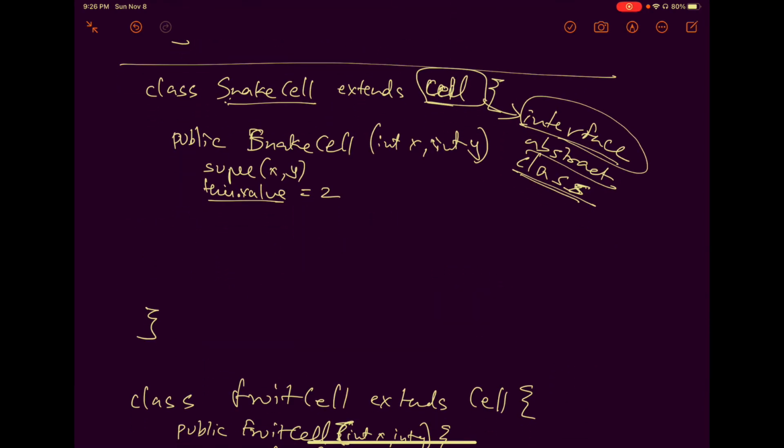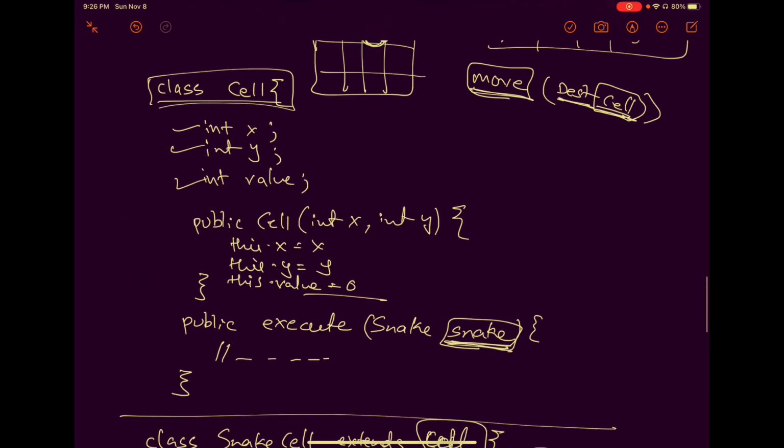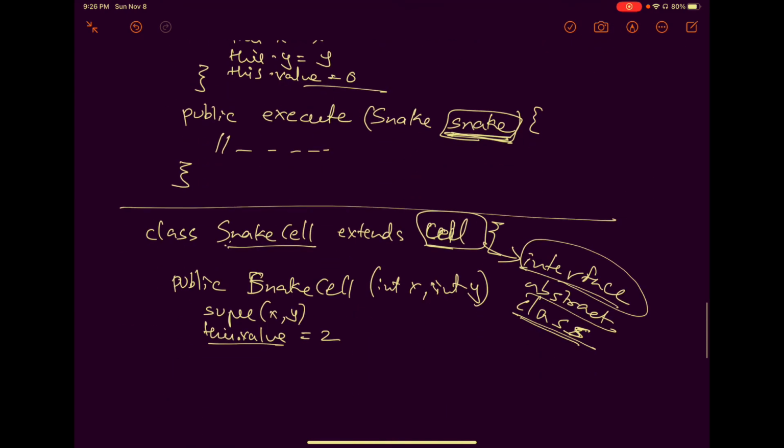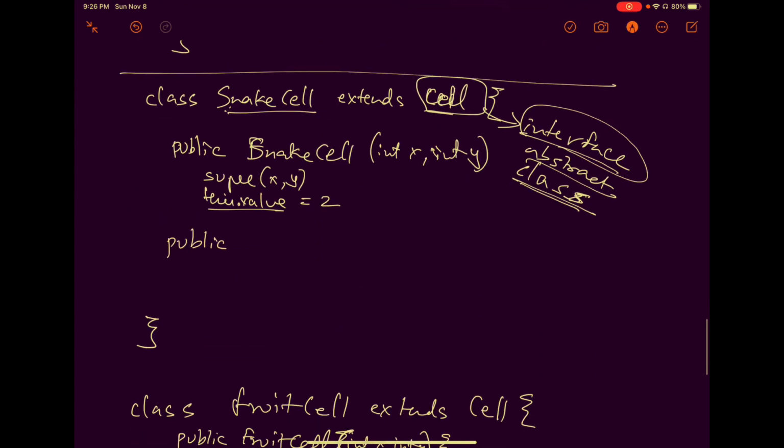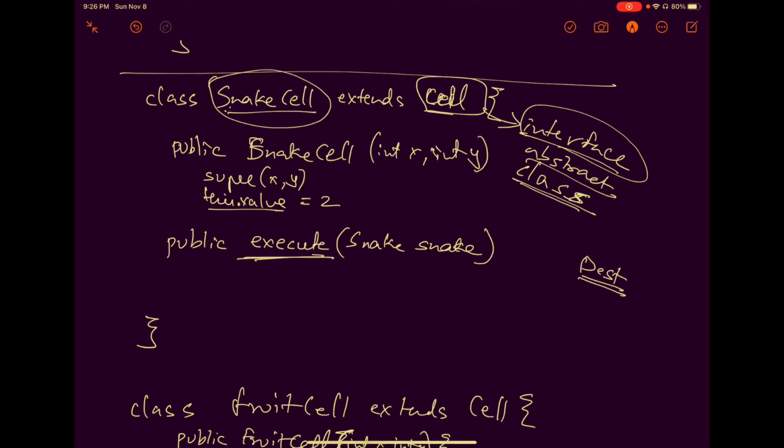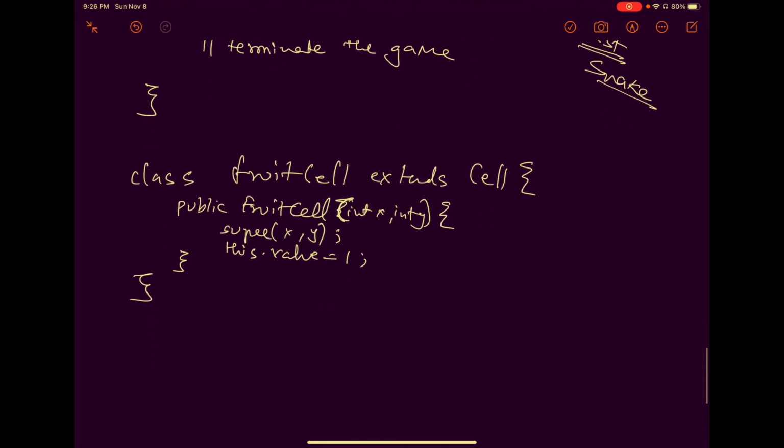For the snake cell, a similar method would be there, but in the snake cell, let's say we override the method execute and we pass the snake. What that really means is that we are in the snake cell, and if you're calling the execute method, that means our destination cell is nothing but a snake cell. So in that case we need to terminate. Here we would have the logic to terminate the game, because the destination cell is actually a snake. And similarly for